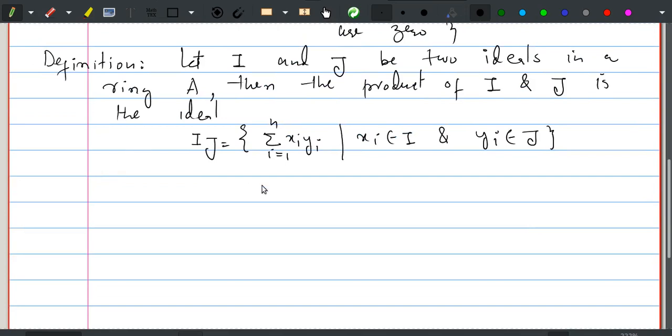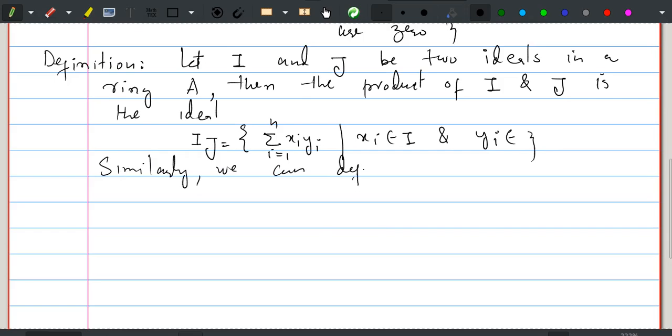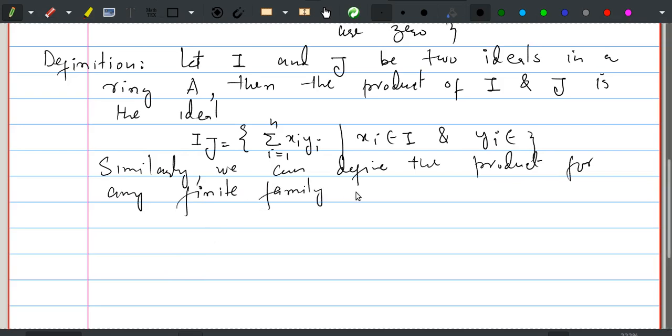In particular, we can define the product for any finite family of ideals of A. Similarly, we can define the product for any finite family of ideals. So in particular,